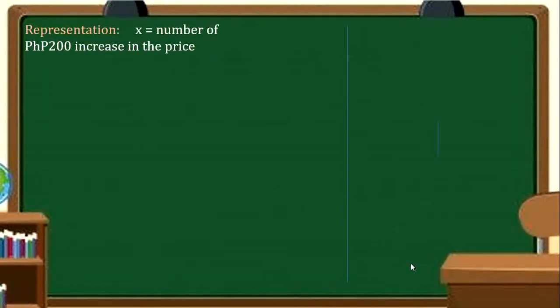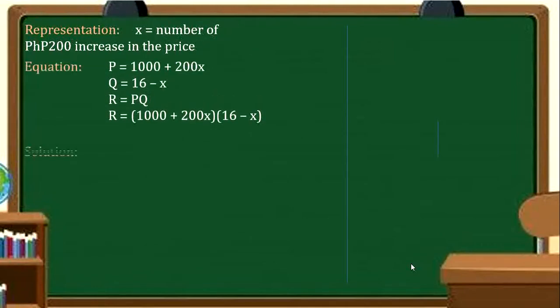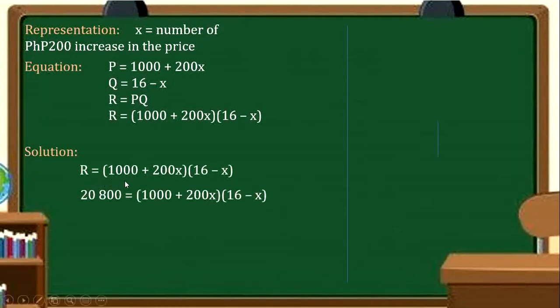So, the number, so x, the number of 200 pesos increase in the price. So, yung ginawa natin kanina. So, kaya magiging equation natin ay R equals 1,000 plus 200x times 16 minus x. So, palitan si R ng 20,800. Ito po yung revenue natin. Equals 1,000 plus 200x and then 16 minus x. And then simplify. So, 1,000 times 16. So we have 16,000. And then, minus 1,000x